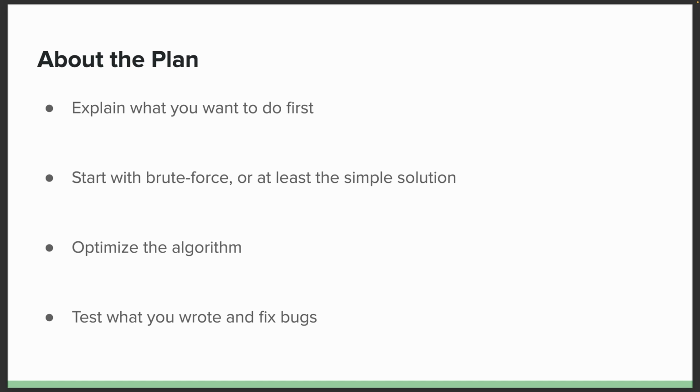Then, once you have something that works, you can think about how to optimize it, right? There are a number of different strategies for optimization that we will talk about in a minute, but that's kind of the next step: okay, given what we have, can we refine this in some way? And then finally, test what you wrote, and if there are any bugs, fix them. Okay, right? Testing is interesting. We'll talk about that in a minute as well. So we'll zoom in ever so slightly.